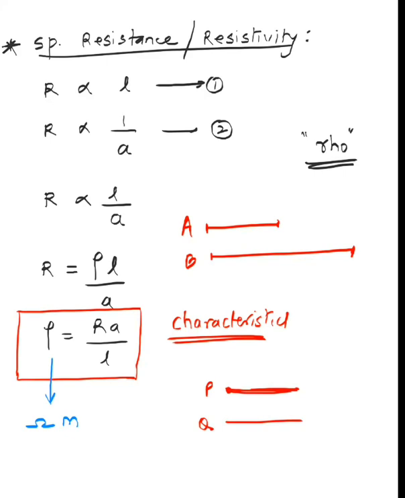It's like this: let's say you have 100 grams of water, 200 grams of water, 300 grams of water. They all have different mass, different volume, but isn't their density the same? Yes, it is. Same way over here, they have different length and different area, but area and length are in such a ratio that eventually the resistivity comes out the same. Got it? Over here, rho is for resistivity and R is for resistance, right? Yes, R is resistance, correct.